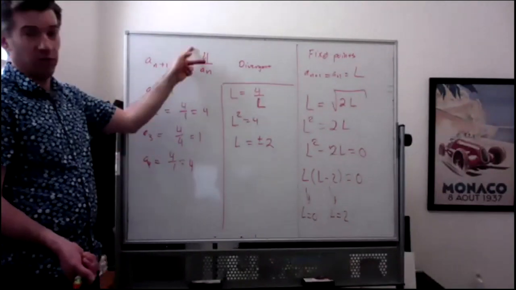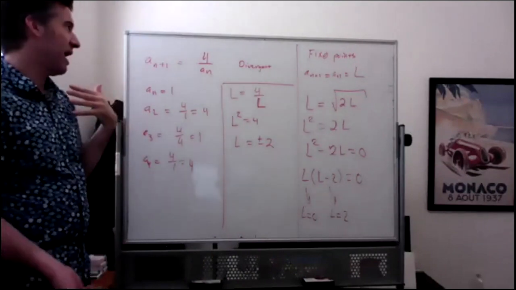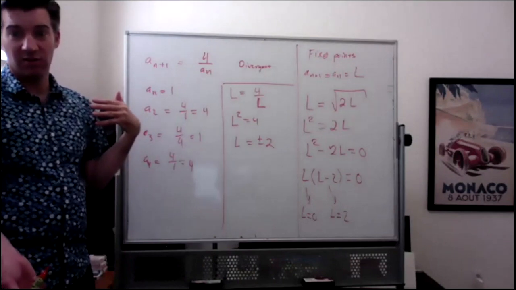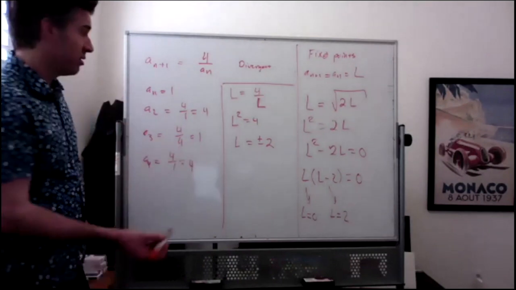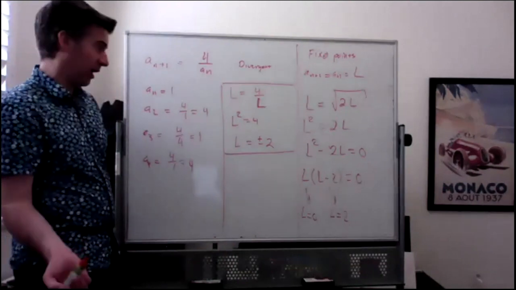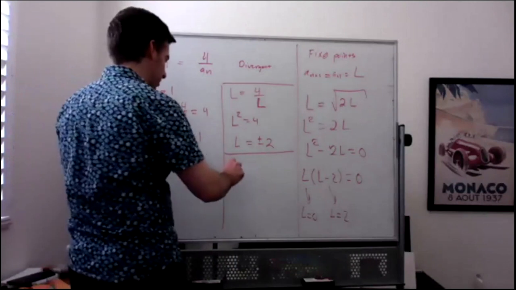Because you plug in 2, and 4 over 2 would be 2, and then 4 over 2 would be 2, and then, right, you just keep doing it. But I think actually, any number that isn't 2 or -2 is going to make it diverge, right? What if we started at 3? We'll split the difference, not 1, not 2, but 3. If I start at 3,